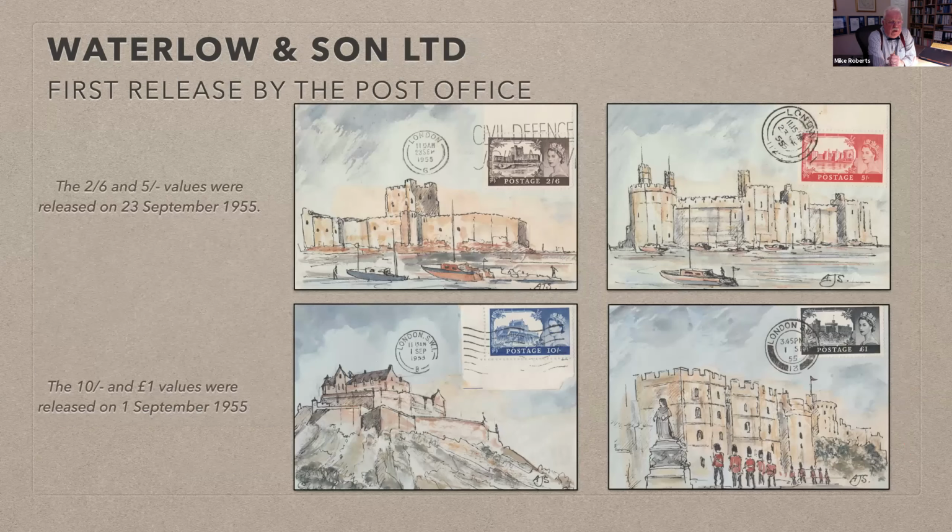So then we go on to the first release by the post office. The 10 shilling and pound values were first to be released on the 1st of September 55, followed by the 2/6 and the 5 shilling on the 23rd. I've illustrated there some first day covers, and